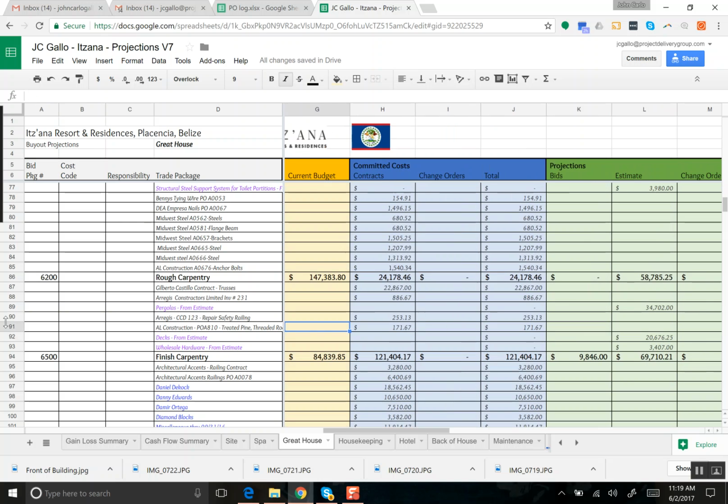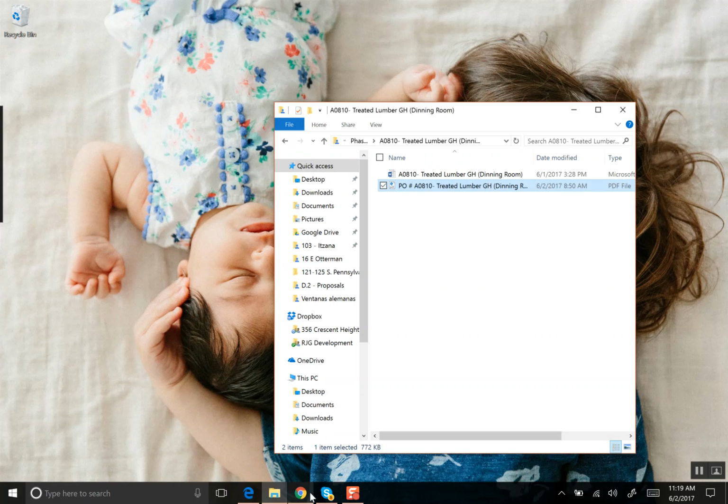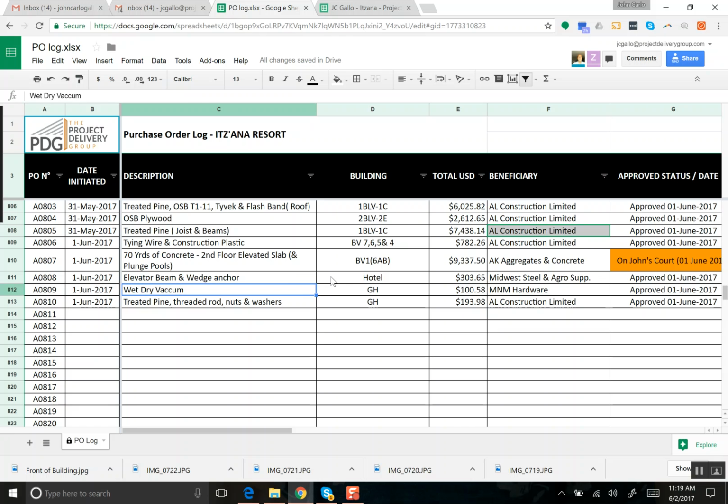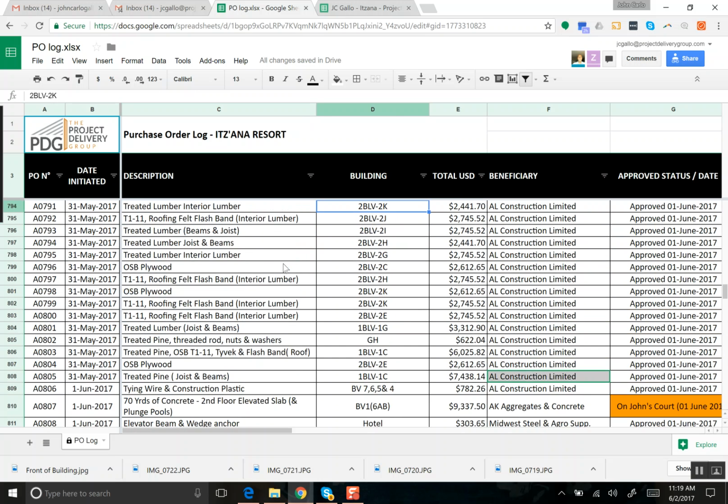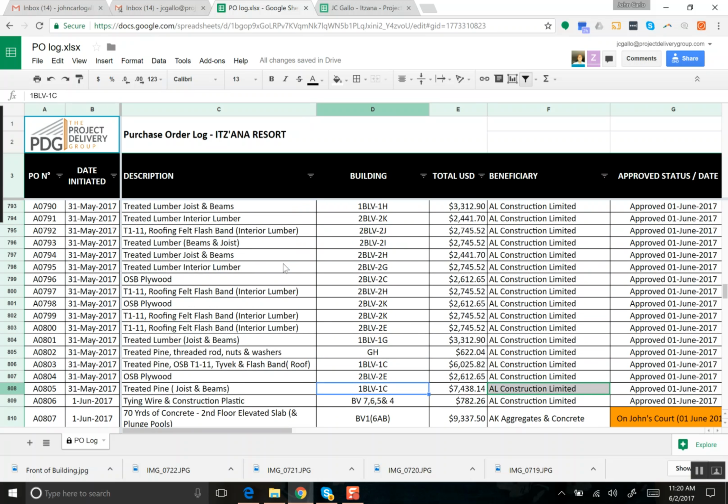So where the confusing parts might come in is, well, let's go back to here, purchase order log. Where it might get confusing is when you have beach villas or anything that is not on the list. So I agree, that does get confusing, and that's something we're trying to figure out. So what I mean by that is, these are 1-bedroom lagoon villas, and this one was added to there. But for example, this 2E, well, this is where it gets confusing, because I'm not tracking a 2E on here,